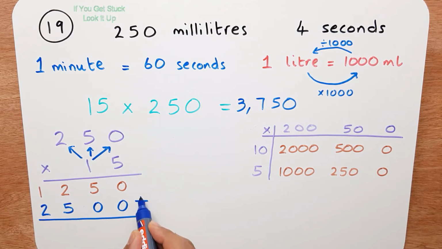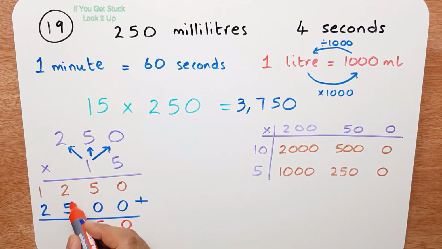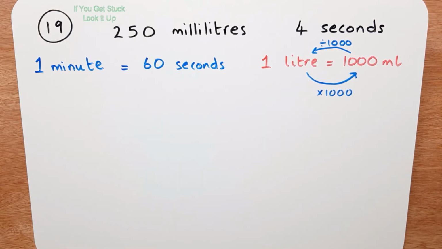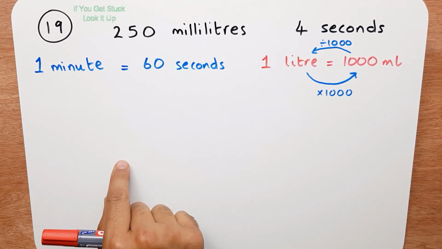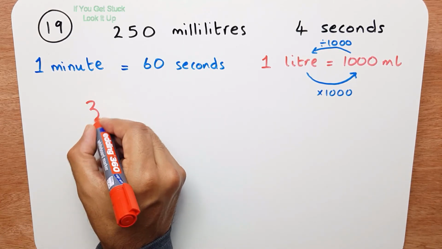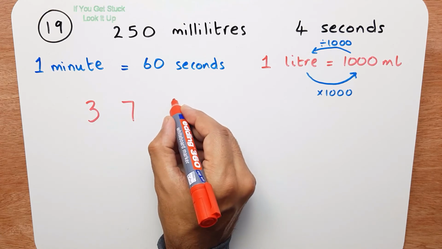So now I need to simply add these two numbers. 0, that's 5. 2 add 5 is 7. And 1 add 2 is 3. As before, 1, 2, 3. This is our thousands, so it's 3,750 as before. So we know in 1 minute the machine has poured 3,750